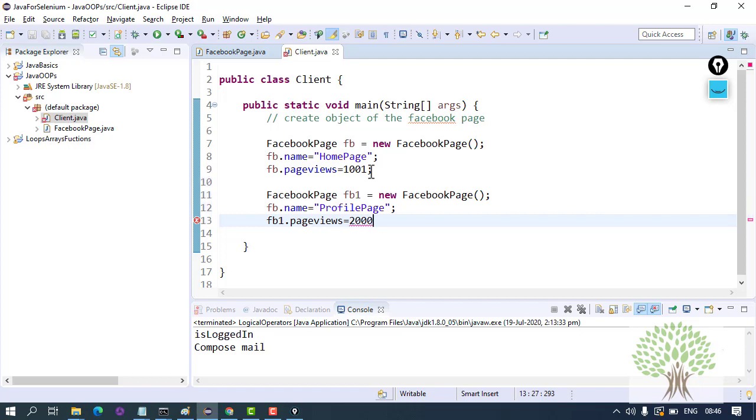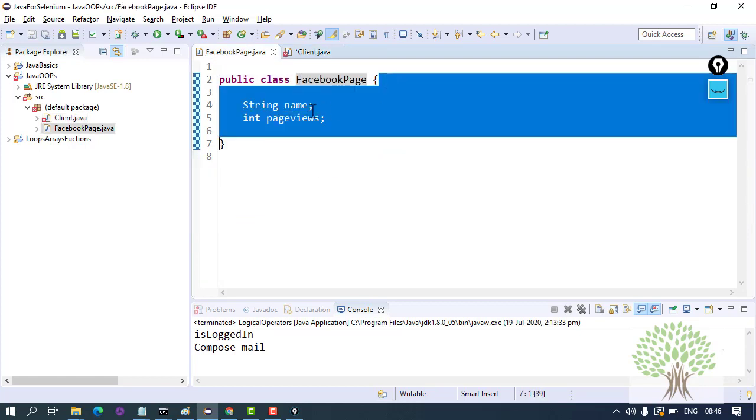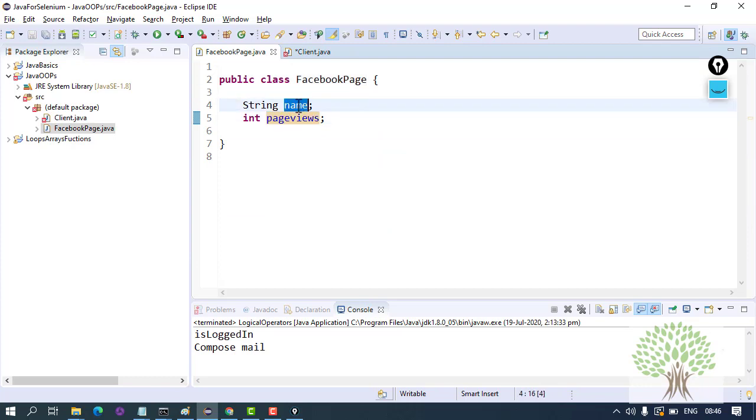Remember there is just one class over here, that is Facebook page. By creating multiple objects of that class, you can have different values of the variables for every object. Facebook page is just one class having two variables, but if I create multiple objects, I can have different values of these two variables for every object.